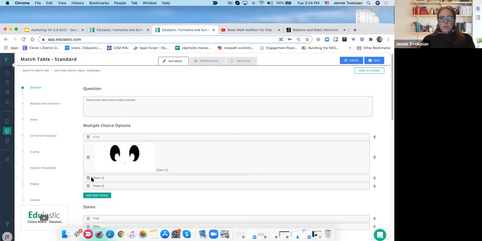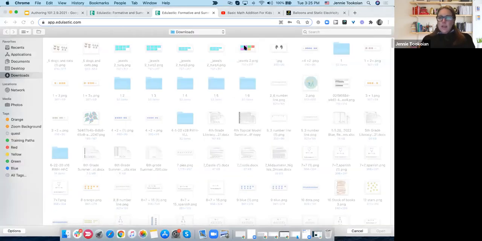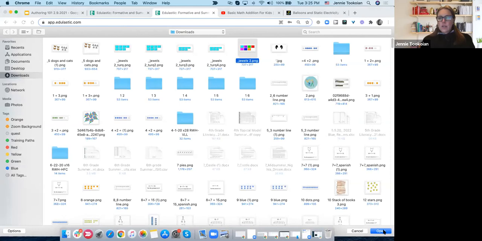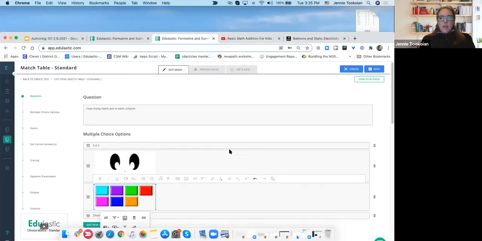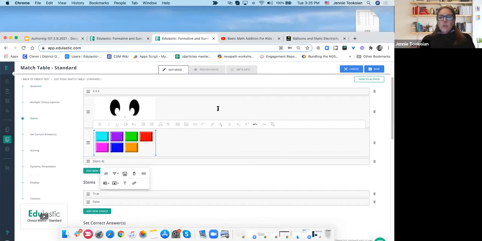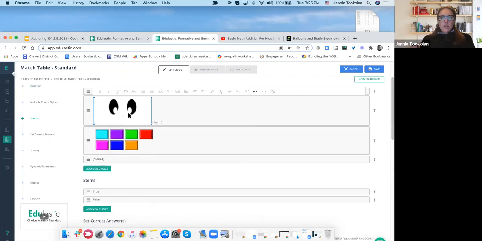And I'll do this third one. We'll just do 3 stems in this first column. So you can see I've got a couple of different options going on here. I've got a combination of pictures and letters. I could put numbers. And then once you've got the images in there, if you're using images, you can adjust